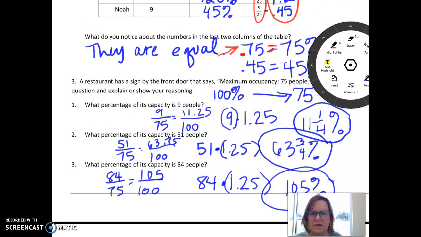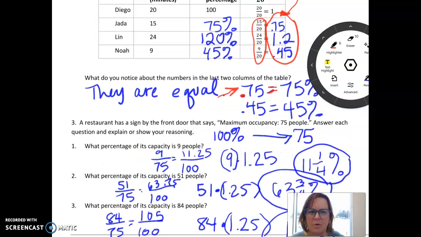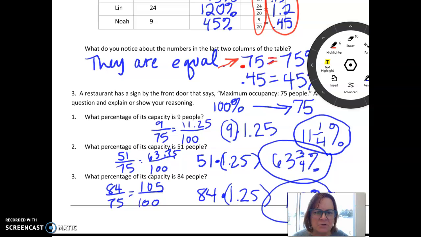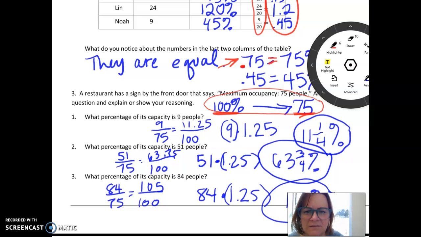All right, number 3. A restaurant has a sign by the front door that says maximum capacity 75 people, and you had to answer each question and explain or show your reasoning. So I made a little note for myself right here. Since it's max capacity 75 people, then I know 100% is the 75. So what percent of the capacity is 9 people? So I'm going to do 9/75ths because my 75 is my whole, and I have 9 people out of those 75. I know to get from 75 to 100, I have to multiply by 1 and,